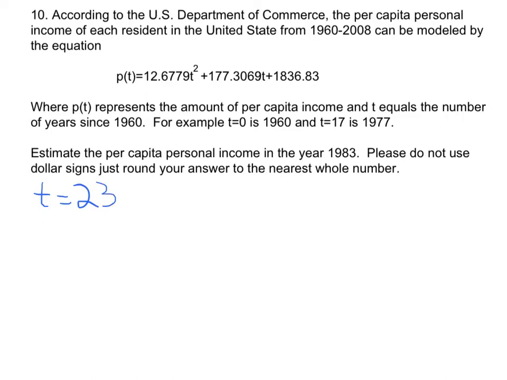Now that we know what T is, we're trying to figure out what the per capita personal income amount is. So all we're really going to do is take this 23, now that we know what T is, and plug this in for T. We plug it into both spots there, and then we simplify it. So we're going to write P of T, which is the amount of per capita income, is equal to